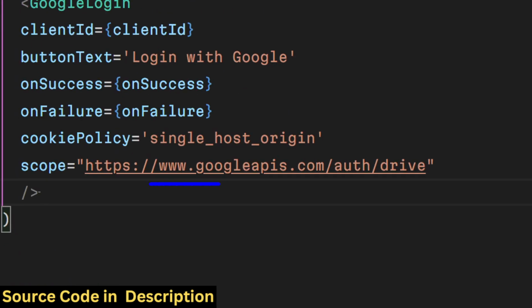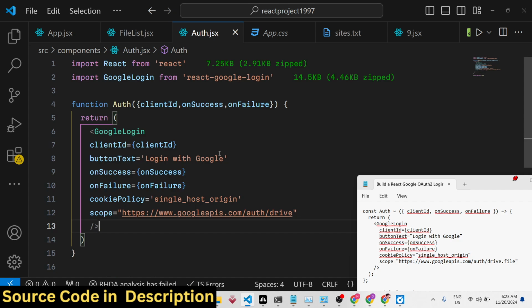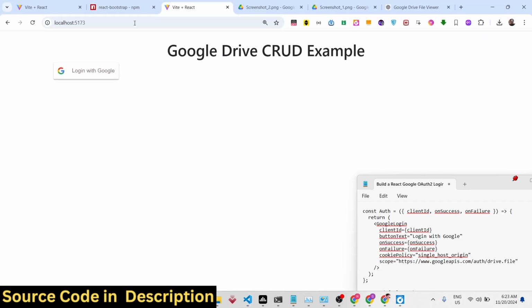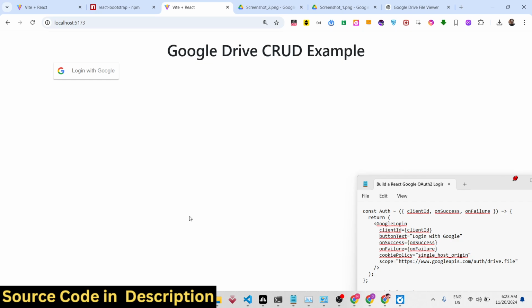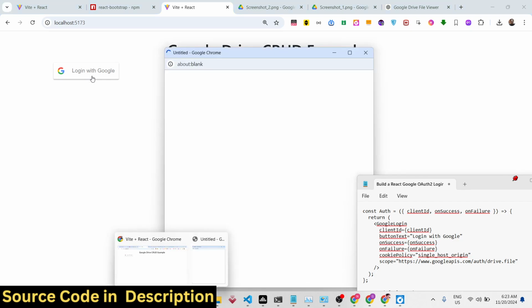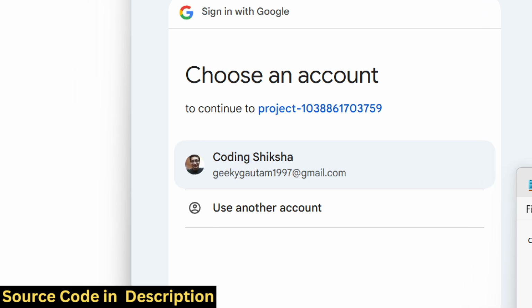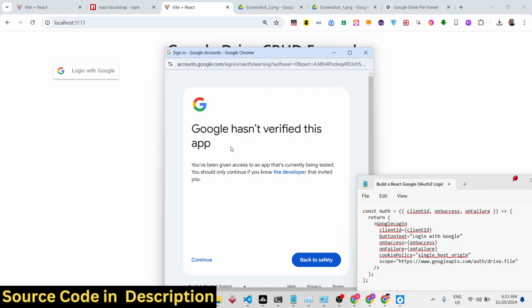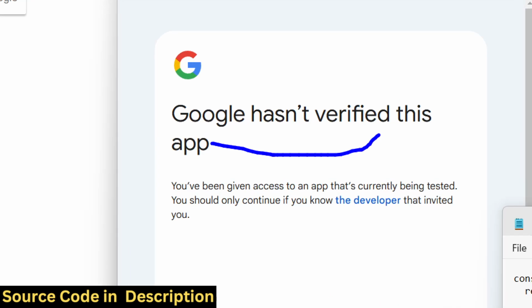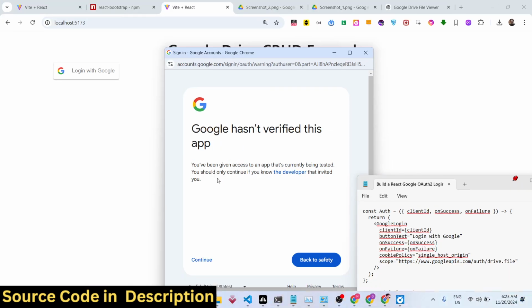So this is actually a scope, and after you do this, you will see a login with Google button appearing. You will see that we have this button. Once you click this button, you will be redirected to this account screen, where you will select your account. Google hasn't verified this app, but if you are doing it in your own Google account, if you see any kind of error,